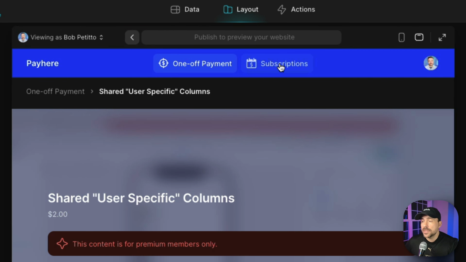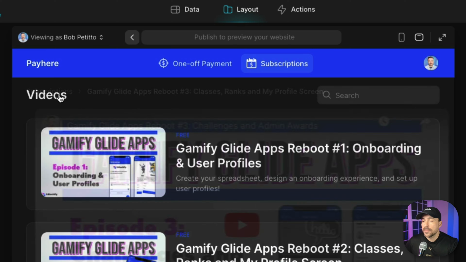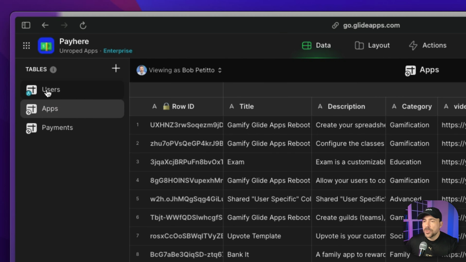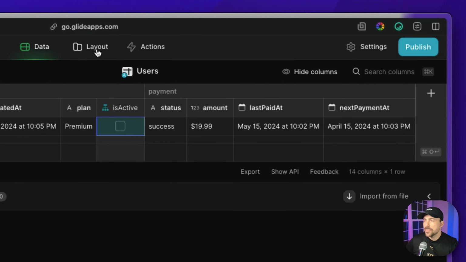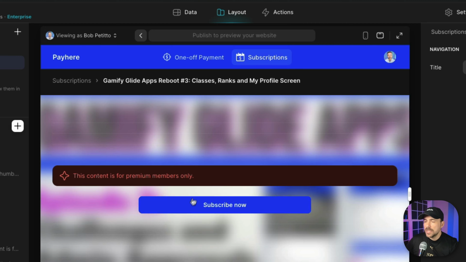In our subscriptions tab, we have content here that's just premium content, right? So once they subscribe, they should get access to all of the premium content. We've already faked that I have access to it. So if we go into my user profile, I'm going to change my next payment at to be last month. So that way it thinks that I'm no longer active. So because of that, if I were to access any of this premium content,